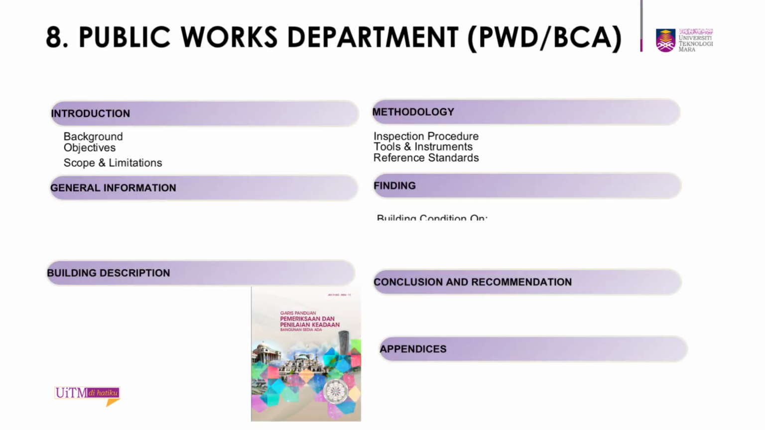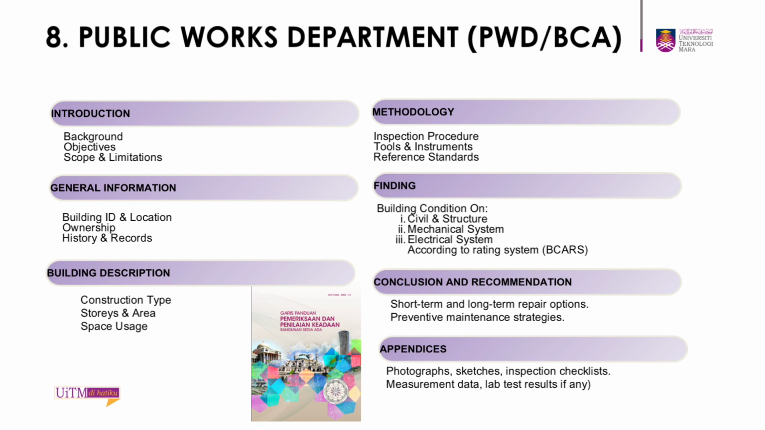8. Public Works Department, PWD, BCA. Introduction: Background, Objectives, Scope and Limitations. General Information: Building ID and Location, Ownership, History and Records. Building Description: Construction Type, Stories and Area, Space Usage. Methodology: Inspection Procedure, Tools and Instruments, Reference Standards. Finding: Building Condition on